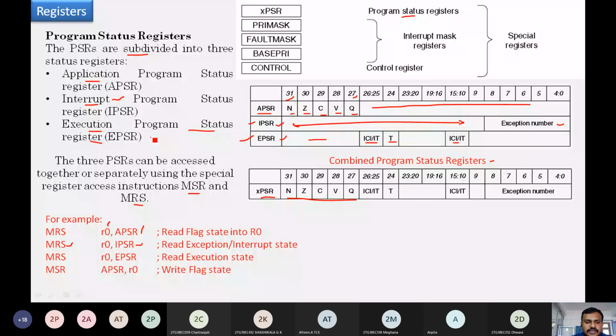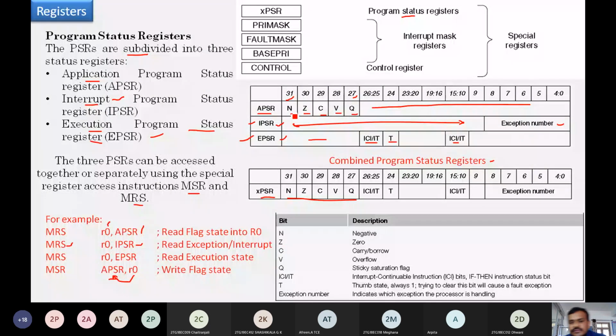If I want to write, I use the reverse process, done using the MSR instruction. MSR APSR, comma, R0 means the value of R0 is stored in the APSR flag register, so the flag status is updated by writing the value into the APSR register.